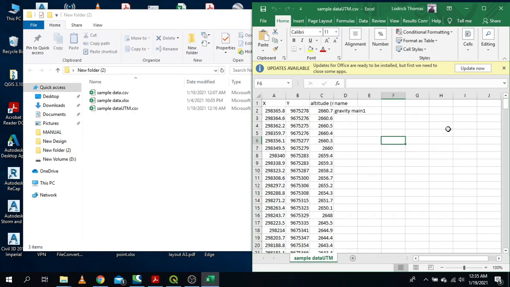Now in this video I'm going to teach you how to convert UTM coordinates into latitude and longitude. In the previous video I discussed how to convert latitude and longitude into UTM, but in this video we are going to do the opposite, because I believe it's not always the case that you're going to convert latitude into UTM. Sometimes you'll need to convert UTM back to latitude and longitude. So this is the video where we are going to discuss that.